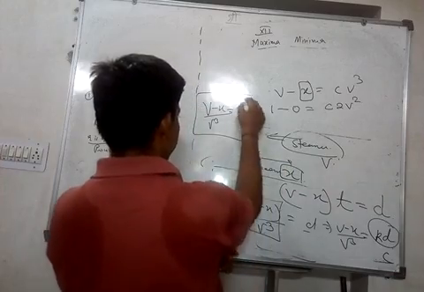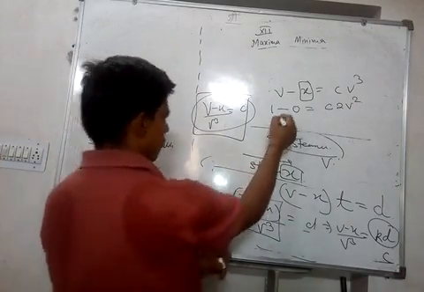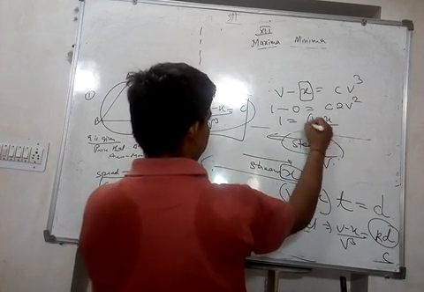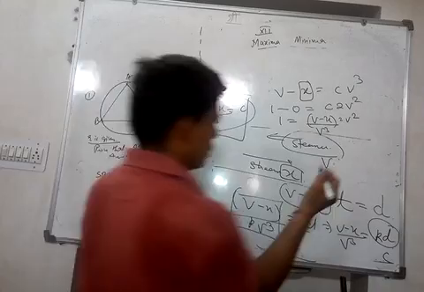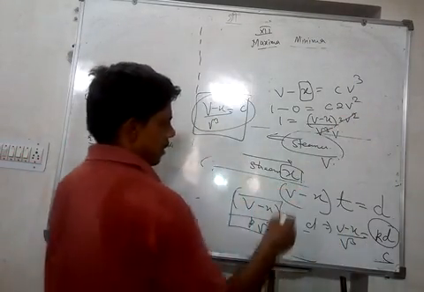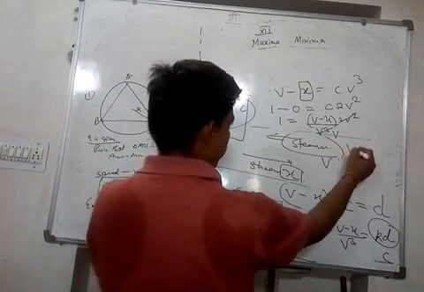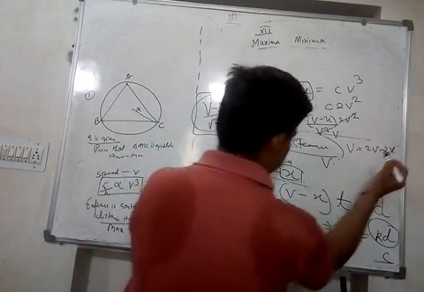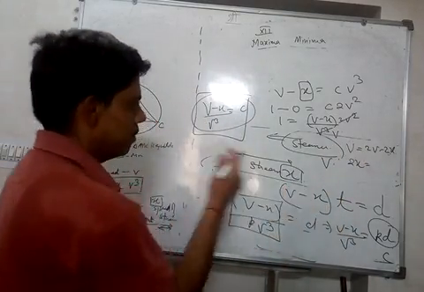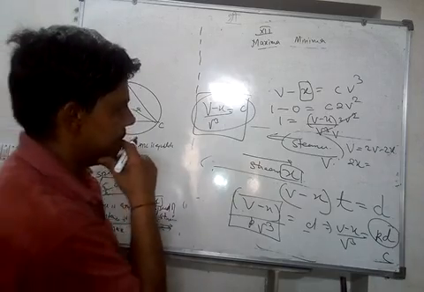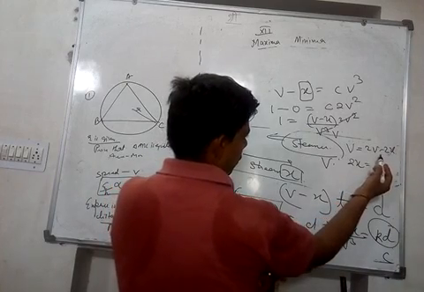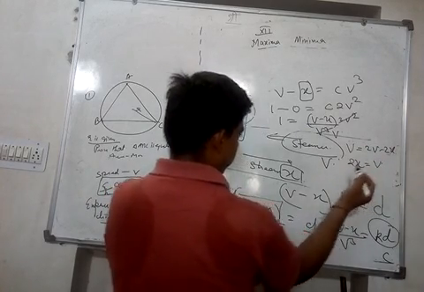We can substitute the value of c again from here. Okay, so we get 1 is equal to (v minus x) upon v cube into 2v square. So we can now just cancel these two. Okay, we get v here, and this v we can take this side. v is equal to 2v minus 2x, right? Finally we get 2x is equal to, and this is 2v is equal to, or 2x is equal to, we are getting v, right?